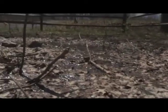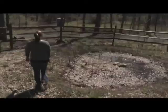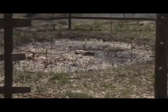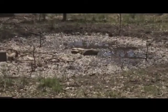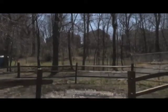A vernal pool is a type of wetland that is seasonal. It holds water, and you see water on the surface in the form of a small pond, but it only lasts for part of the year. In German, they call it a Himmelsteich, a pond from heaven, because it's not usually fed by streams or any other water sources, but by the rain that falls down